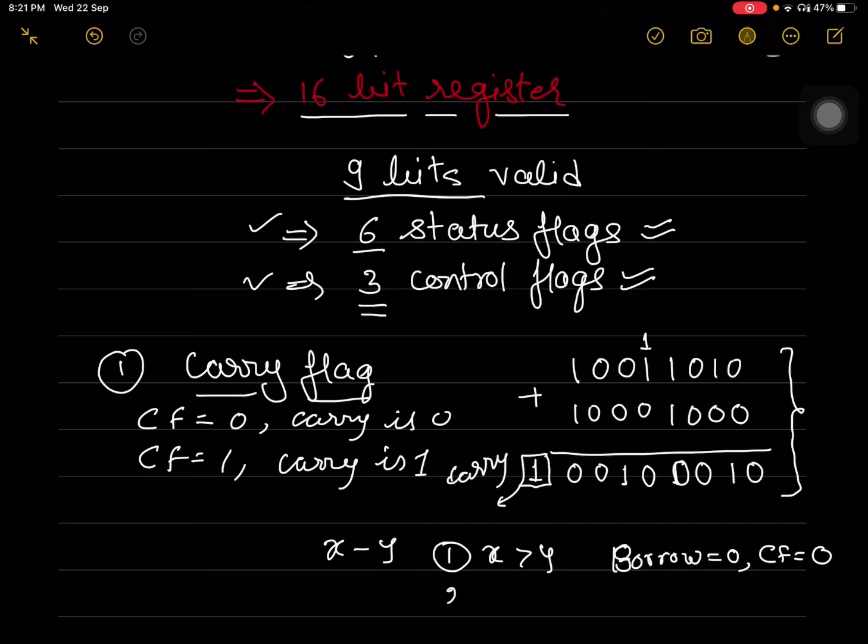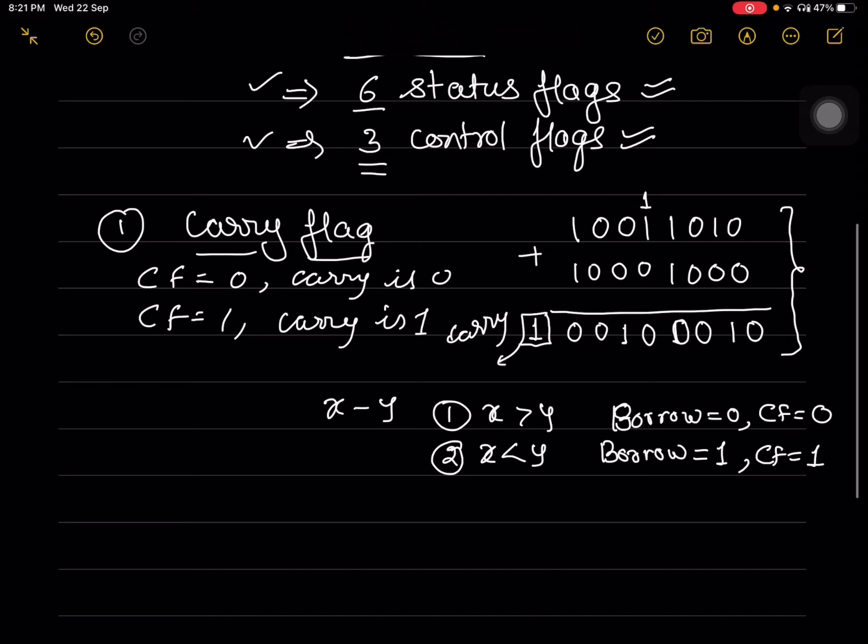In the second case, if x is less than y and we are making the subtraction x minus y, then a borrow will be required because we are subtracting a larger number from a smaller number. In that situation, borrow will be taken by the processor, and if the borrow required is 1, then the carry flag status will also be equal to 1. So the carry flag not only copies the status of carry for addition, but also the status of borrow for subtraction. This is the function of the carry flag.